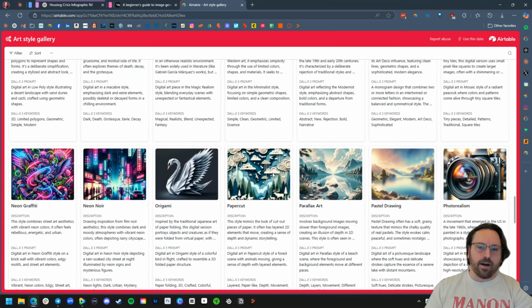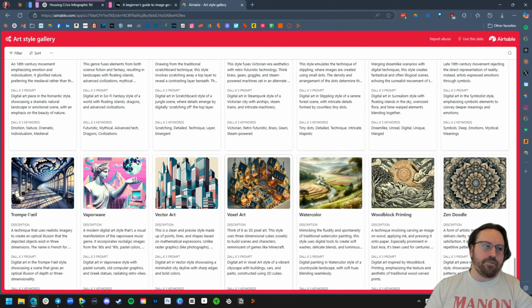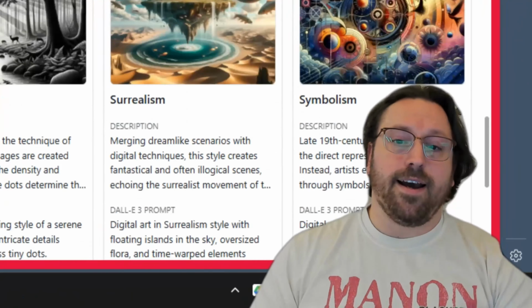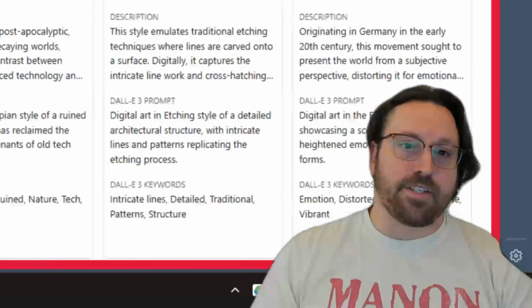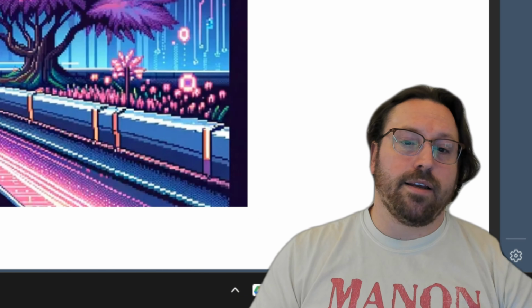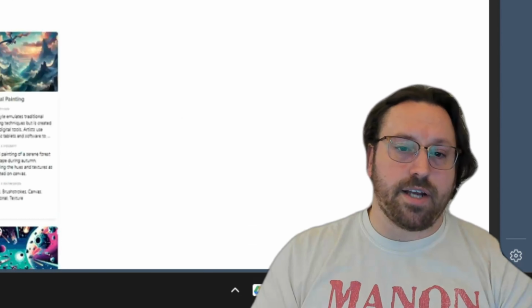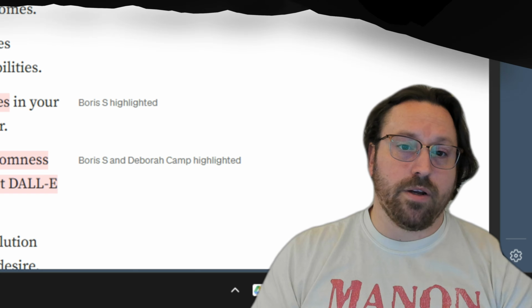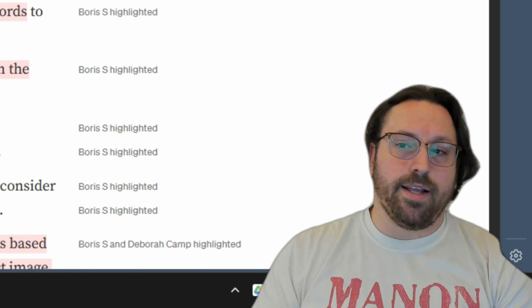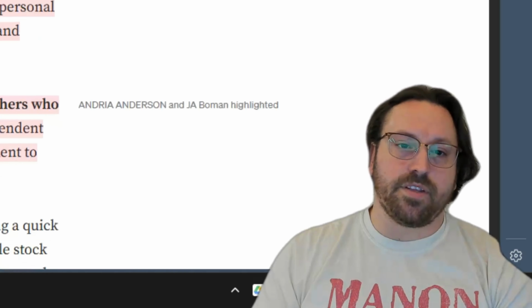Several of them are overlapping, but I feel like if you want to use these things, I have put together a little bit of a beginner's guide for you, and I will put the link to access this guide and the database or repository of art styles on the screen now. So you can go to the link on the screen now and you can read the Medium post about it. That includes everything from links to the art style gallery to the list of tips and tricks on how to get the most out of these tools if you really insist on using them to generate images,